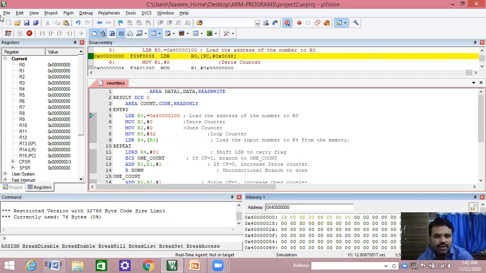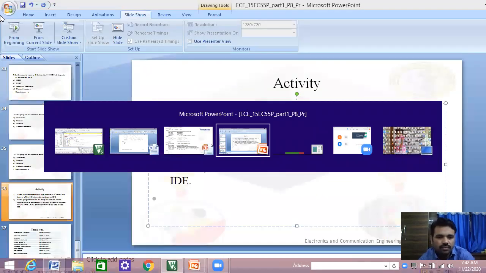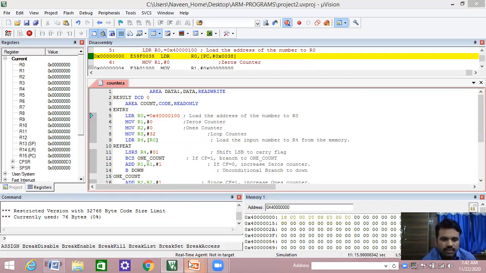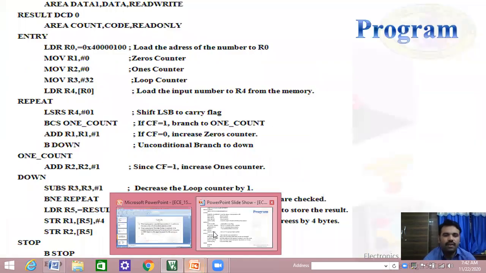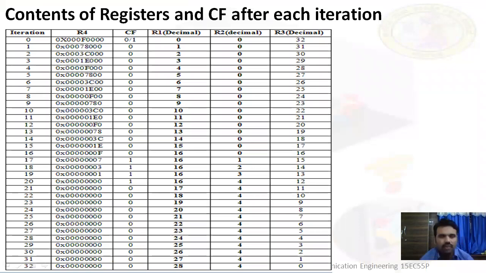So let us see now the contents of the registers after executing the program. This we have already gone through. Let us quickly go through these contents.